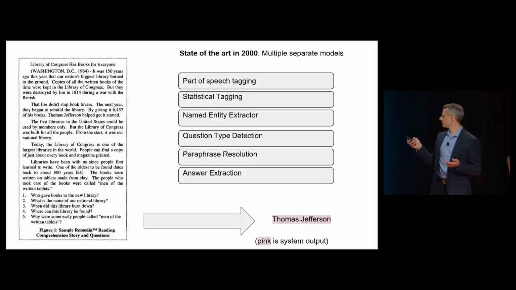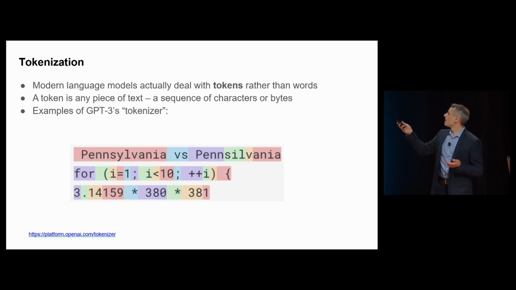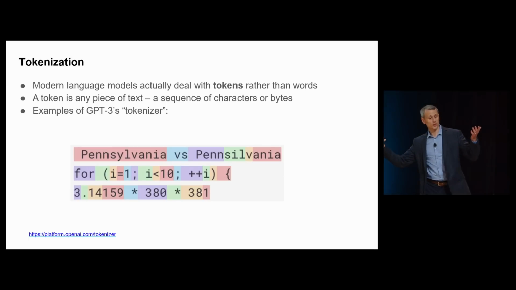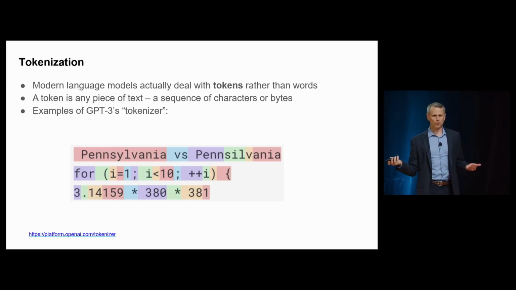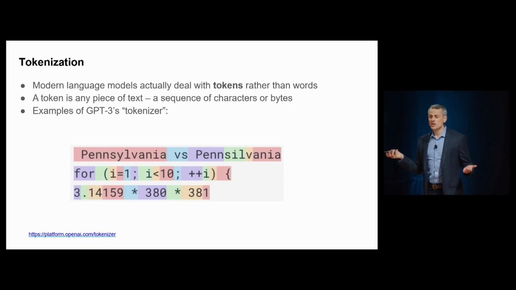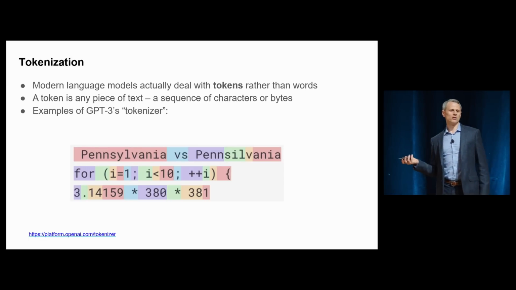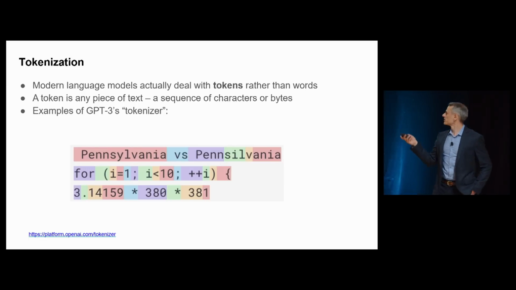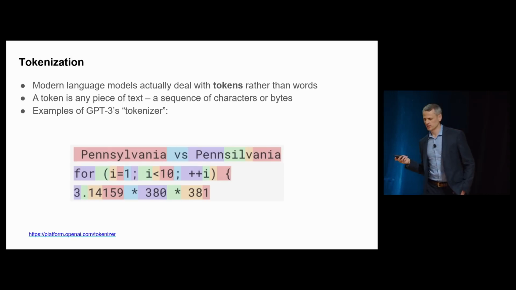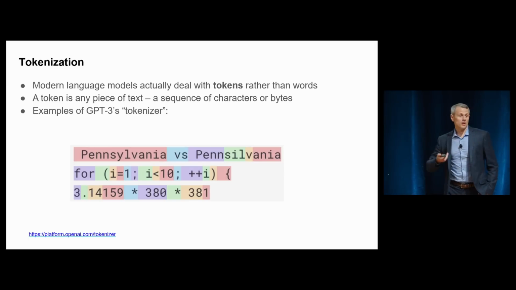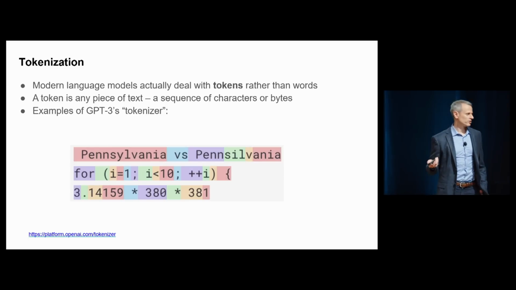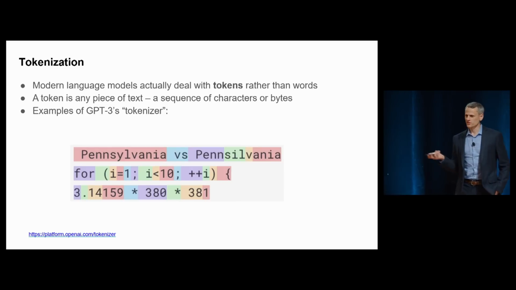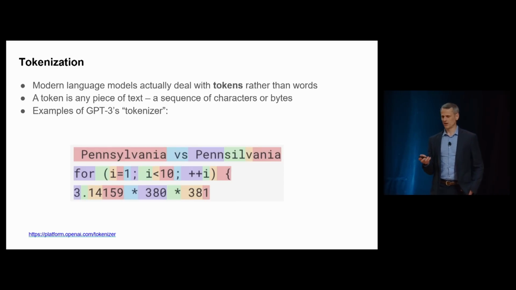So for example, here we have Pennsylvania spelled correctly. That's its own token. But when there's a typo in Pennsylvania with an I, if we were restricted to words in the dictionary, the language model would not know how to deal with this. But we allow arbitrary strings to be broken up into chunks called tokens, indicated by these colors, and we can still handle words with typos. Even more than that, we want to handle code. Of course, we want to handle numerical expressions. And again, if we're limited to words, that wouldn't be possible.